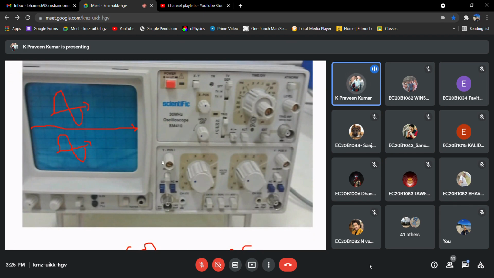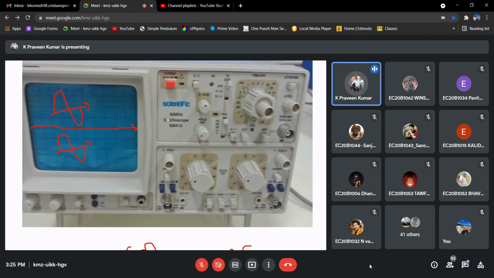Similar to Y position, there will be one more knob, X position, to shift the signal on the horizontal axis. And similarly, how we are using these knobs for fitting the signal on the Y axis, here there will be one more knob to vary the resolution in the X-axis. Basically, this is what we call time per division, and this is called voltage per division. So these are all the basic knobs that are available.